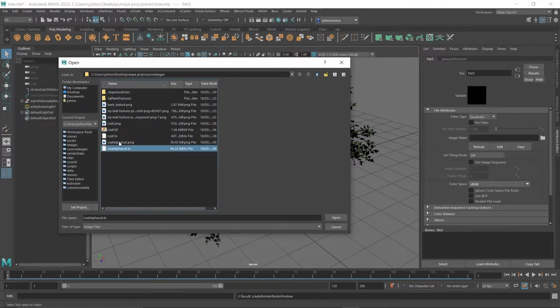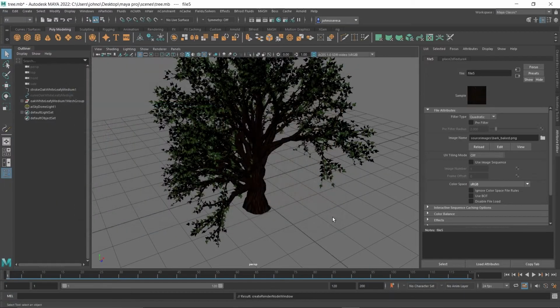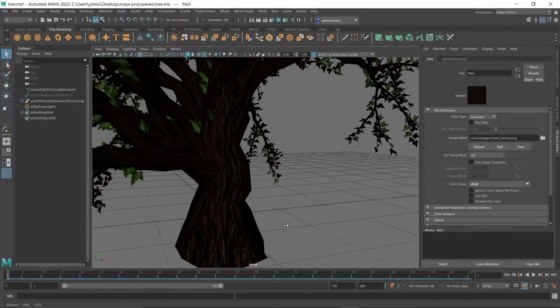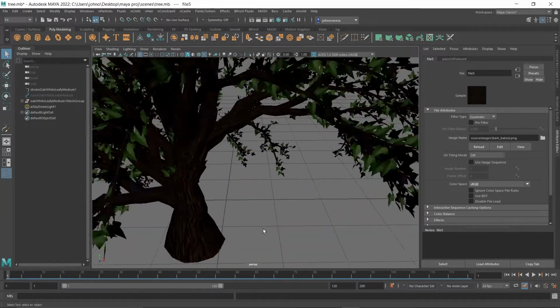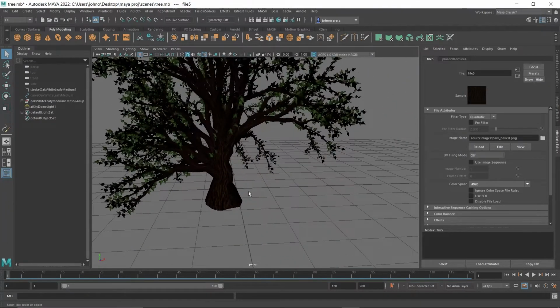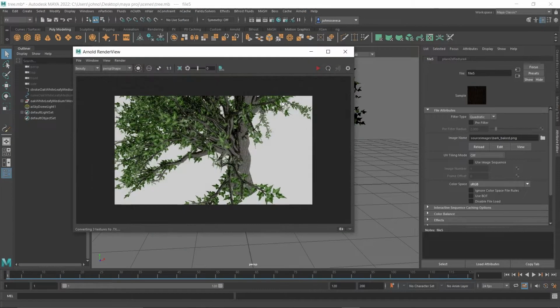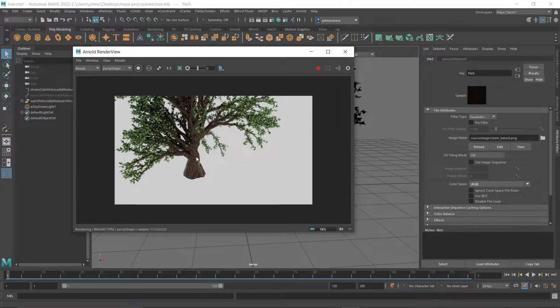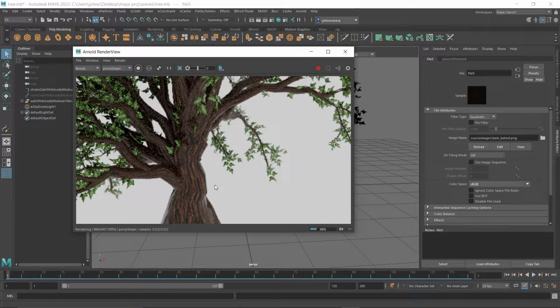Then you look for something called the backleaf and hit OK. You can see the way it looks, just perfect. So now if you go to Arnold, open Arnold Render View, hit play, right over here you can see our tree actually looks good,